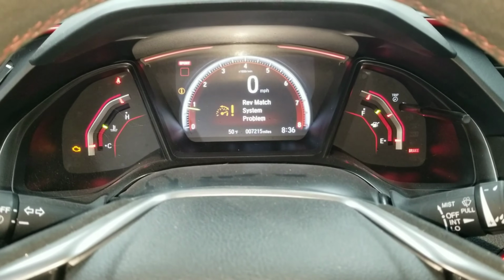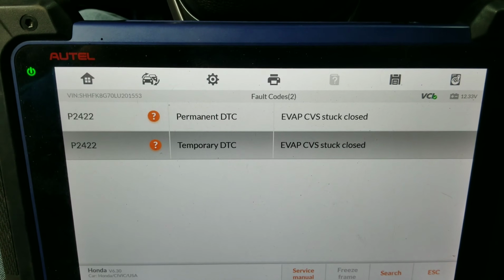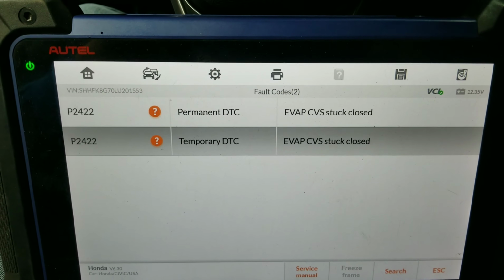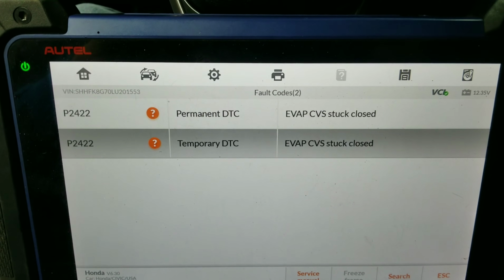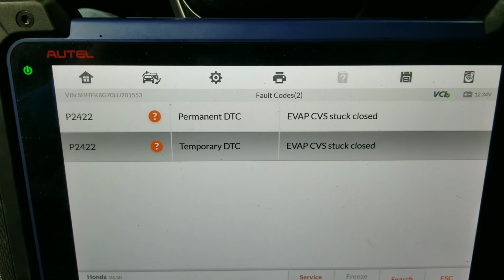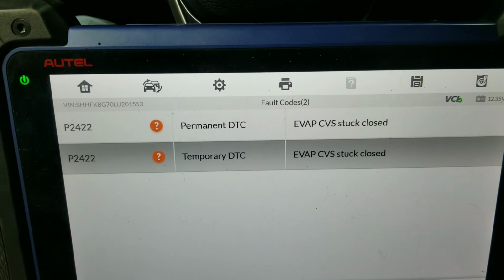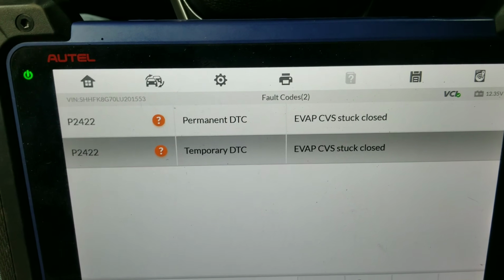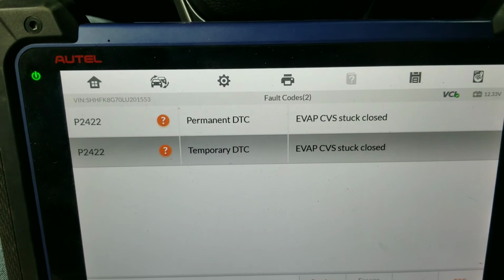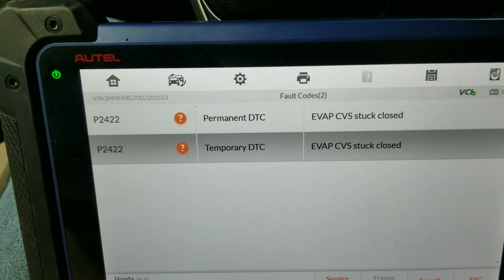codes. All right guys, as you can see, I went ahead and pulled the codes, and it's two codes. Basically the same code, but it repeats itself twice. I don't know, my scan tool always does this kind of thing. It shows me the same codes twice. Maybe it's something in settings. But anyway, we have EVAP CVS stuck closed. So I'm going to show you what to do and how to test it to see what's going on